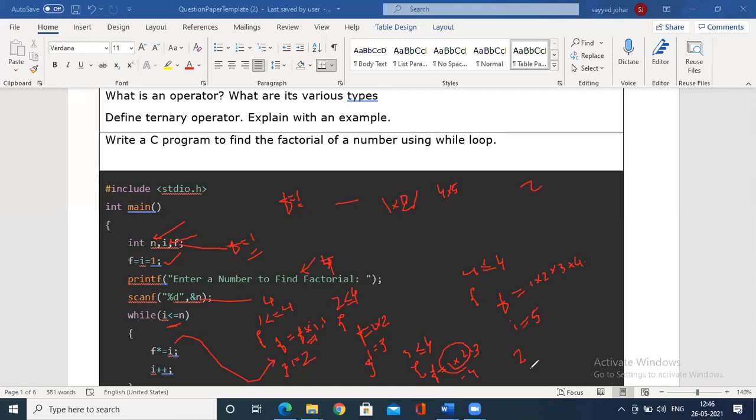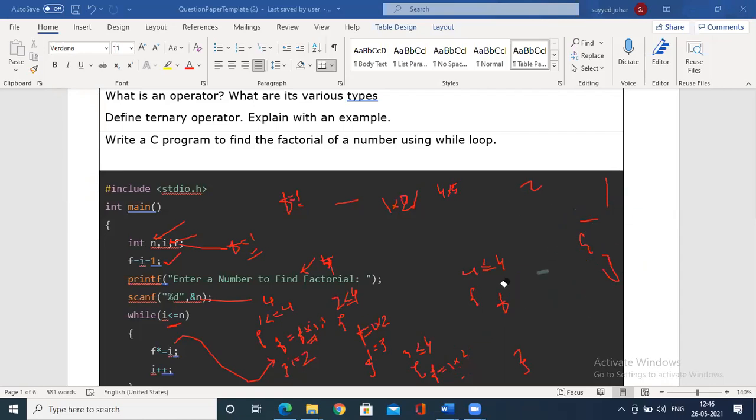Clear? Next, you have the final answer, 1 into 2 into 3. But have you come out of the while loop? For one more iteration it will go, but it will not enter the while loop. That is 5. Is i, that is 5, less than or equal to 4? The condition fails, so it will not enter the while loop. By that time, the recent memory of f is 1 into 2 into 3 into 4. So that will be displayed. This is all about the tracing of a factorial.